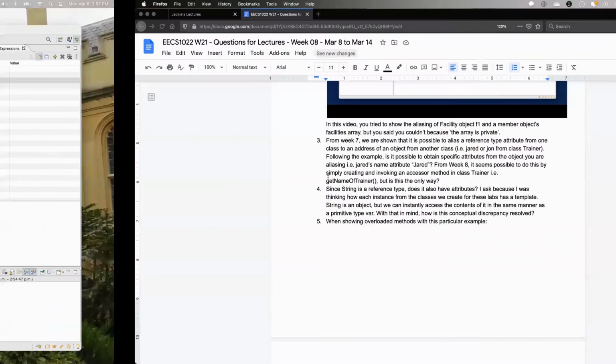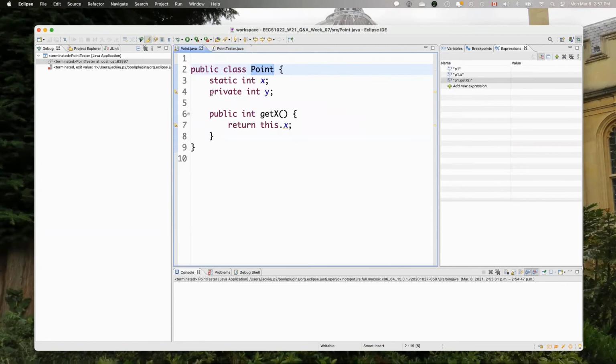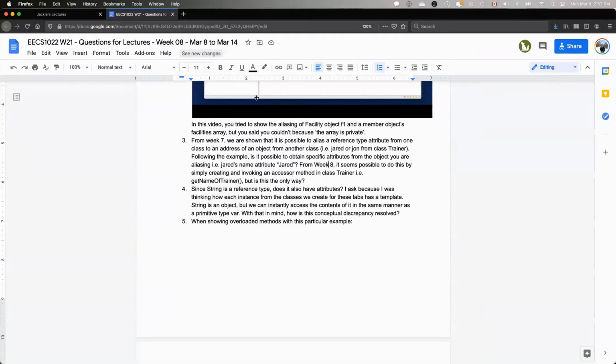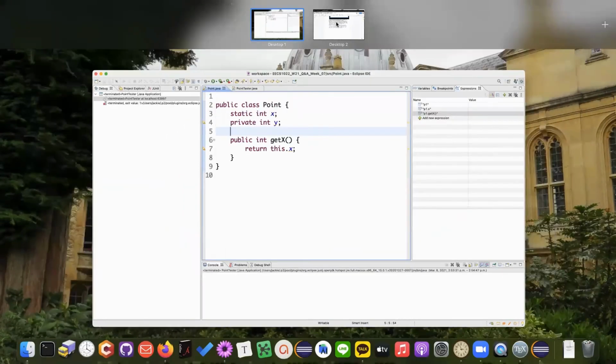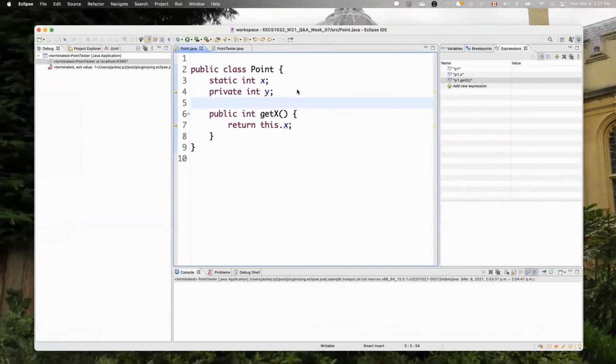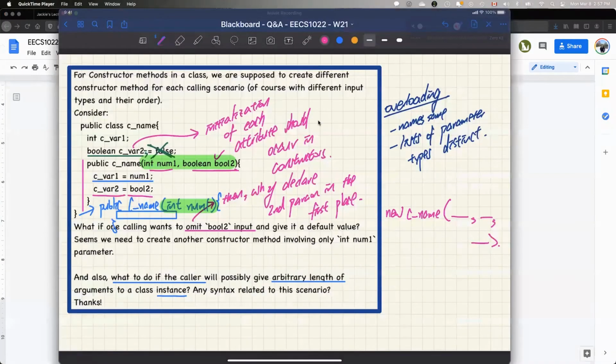I have a question. Let me go back. What's the difference between having no access modifier and having public as the access modifier? You mean here, right? You have static int X, but there is no public in front of it. So what would happen if you put a public in front of it? The difference is